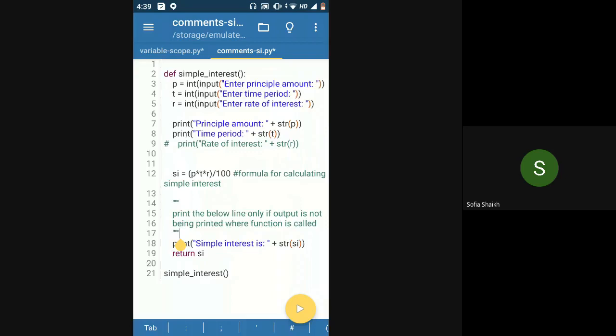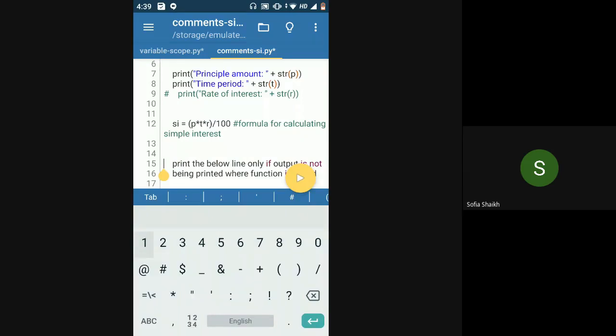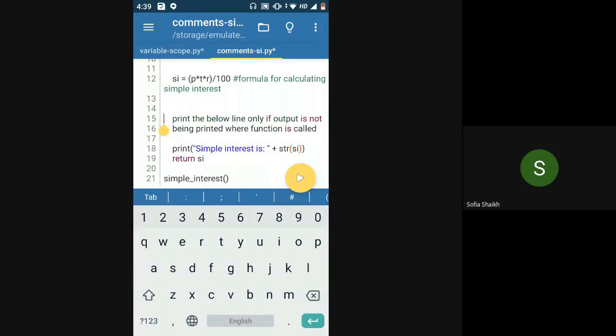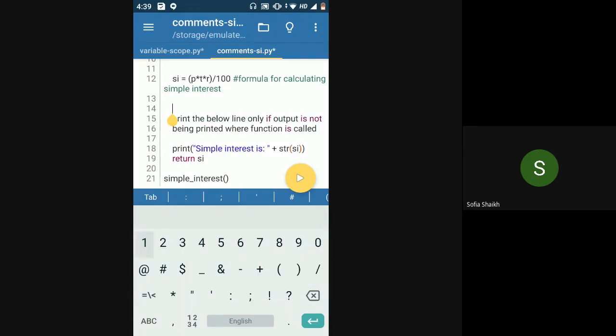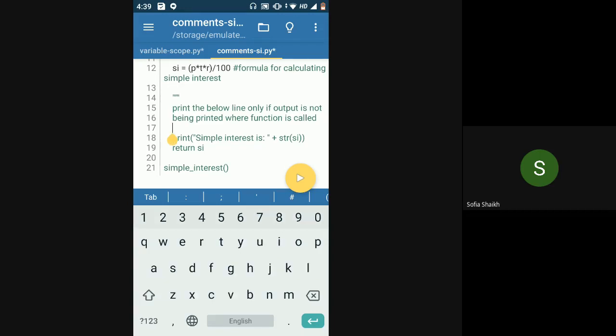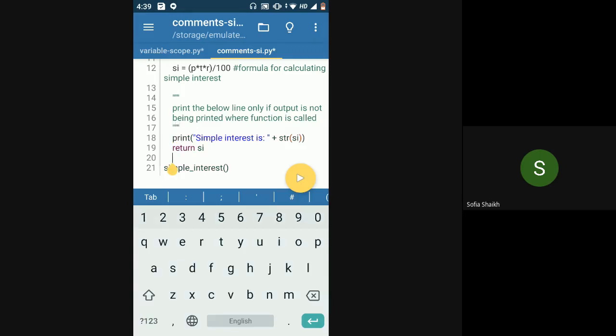So instead, I can use hash also, like I can remove this and put hash on two lines. Because this is just two lines, you can put hash as many number of times as you want. But if you have like a 15 line comment or something, then it will take more effort to put that hash in front of all the 15 lines, right? So how do you put the multi-line comments? You just put double quotes thrice, and everything after that will get commented. If you want to stop the comment section, you again put a double quote thrice. So this would be a multi-line comment.